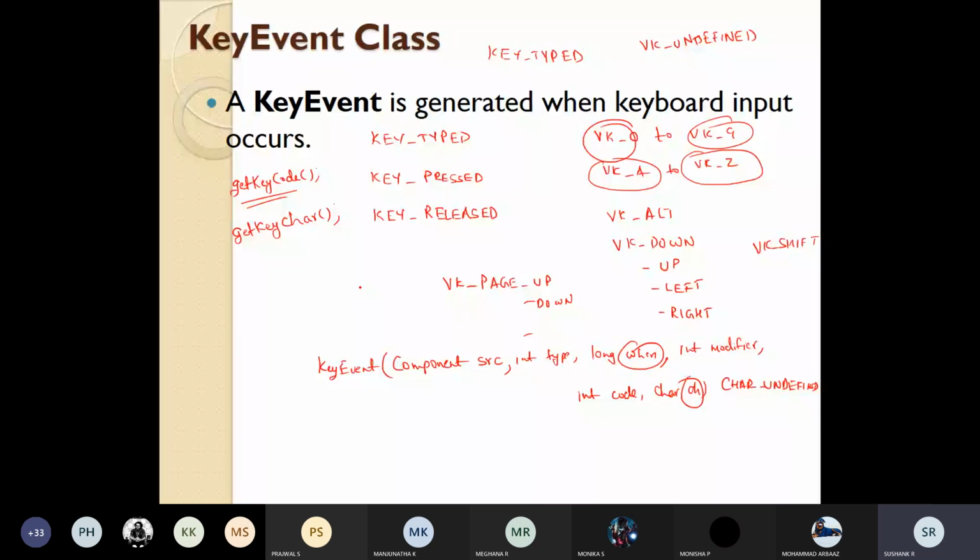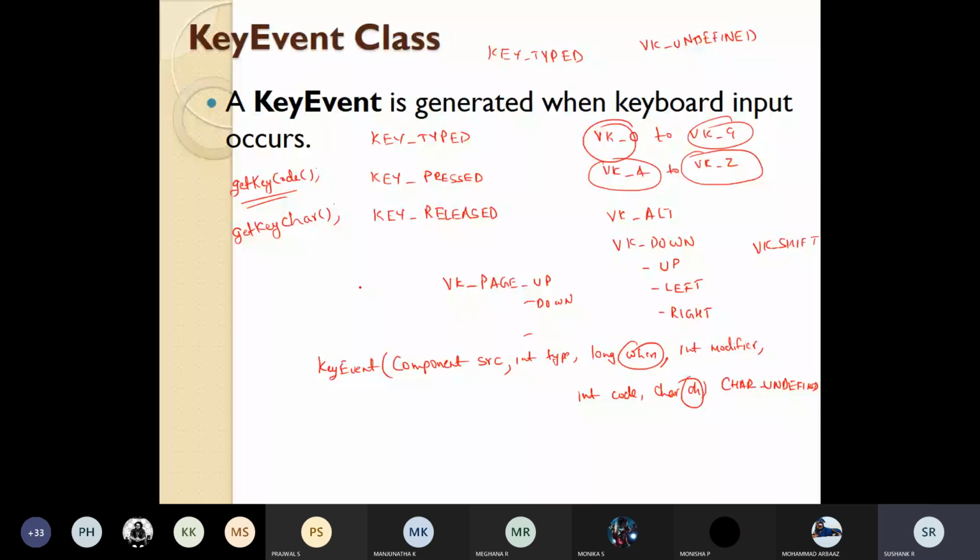In addition to that, we also have one function called get button. This will give us the button which is responsible for causing the event. It can have four constants: button 1, button 2, button 3, or no button. If none of the buttons is responsible for that event, you can pass no button.